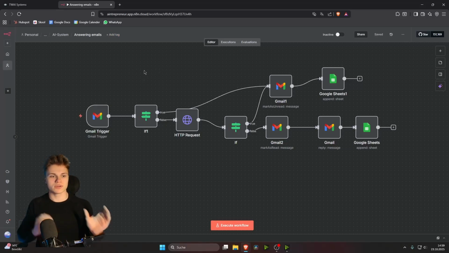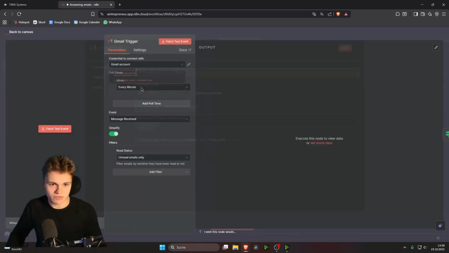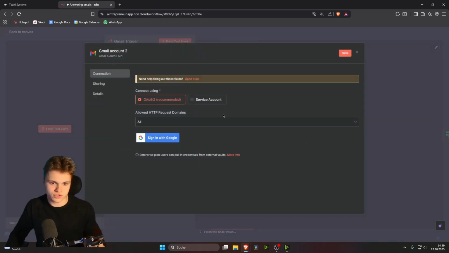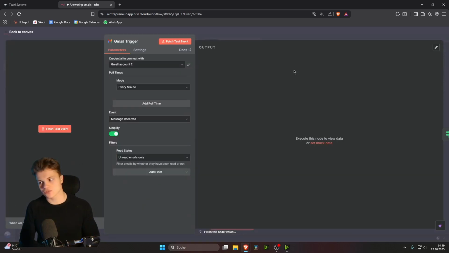Again, create an account here, set it up, start a new workflow, and then in that new workflow, you will start with a Gmail trigger. You will have to put in your credentials here for your Gmail account. So sign up with Google, put them in here, allow them to make changes, and allow them to have the access to your Gmail account